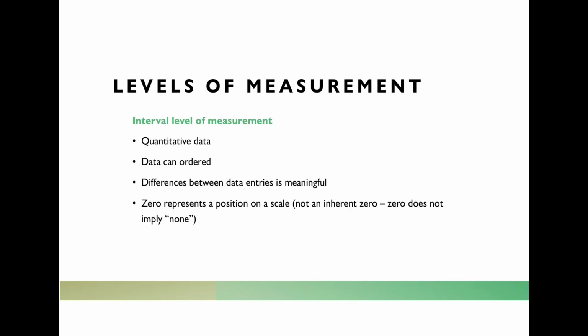Let's go to the interval level of measurement. With interval, we have to be using quantitative data. The data can be ordered, so there's an order to that data. The differences between the data entries are meaningful, and this is the most important part here. The 0 represents a position on a scale. It's not an inherent 0, meaning 0 does not mean nothing, does not apply, does not mean none. This is really the key difference between interval versus the next level of ratio,